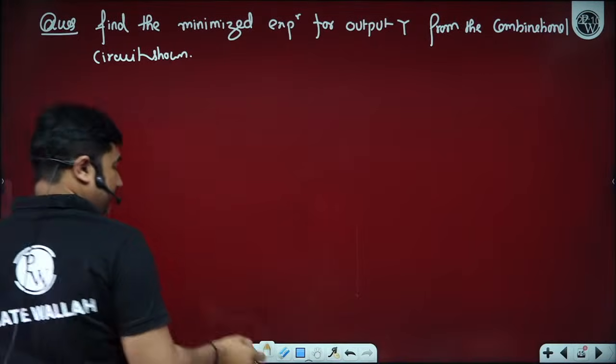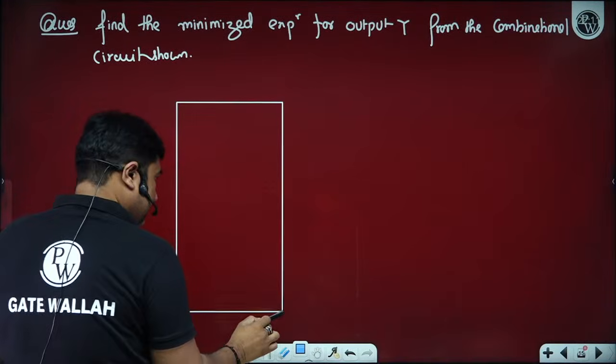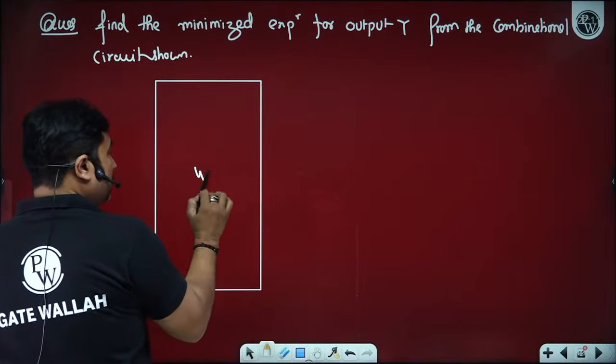So please observe, beta ji, suppose we have this circuit, that is your 4 cross 1 size